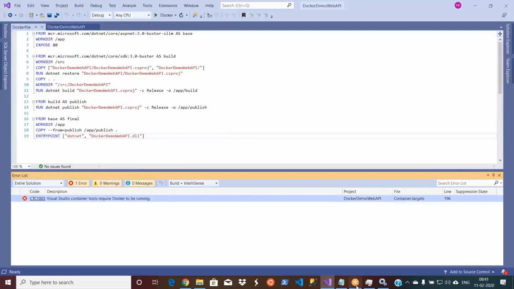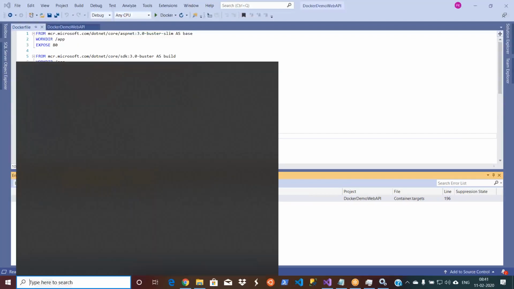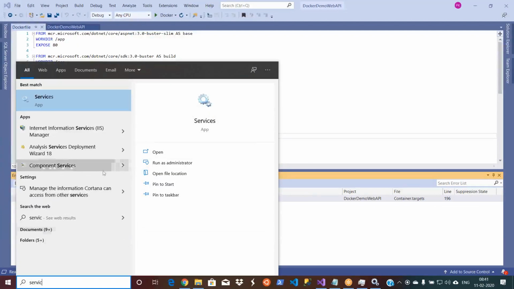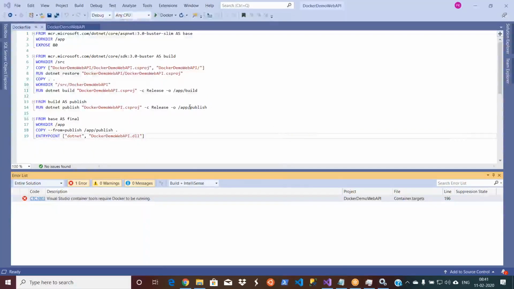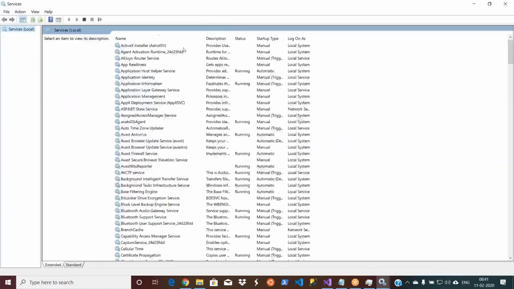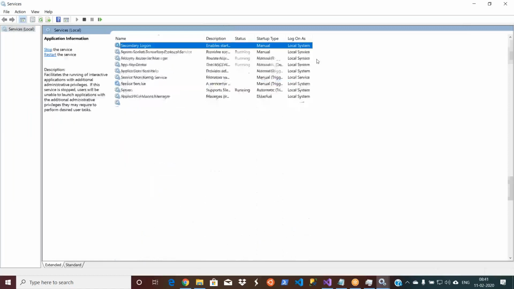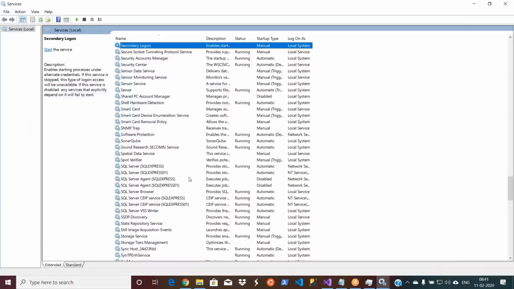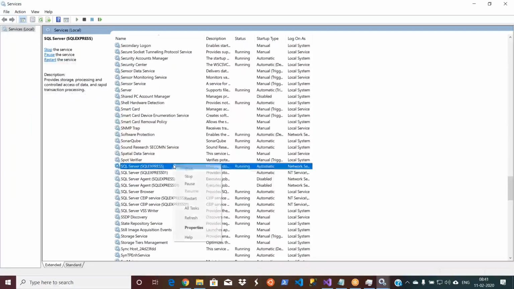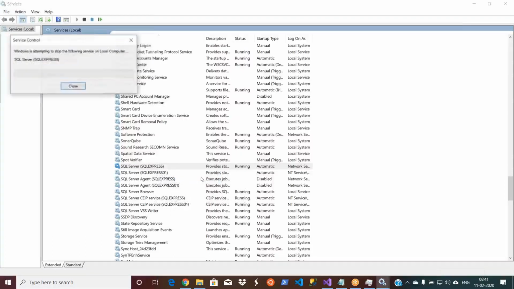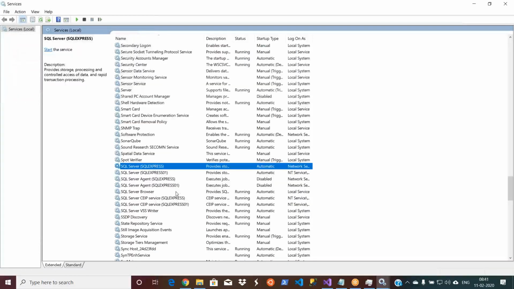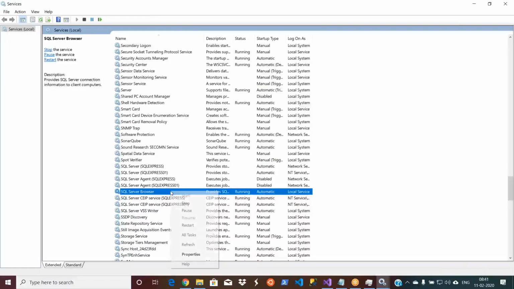Docker to be running. What all I need to close? Let me close. Guys, give me 2 minutes. Let me stop some of the services. I'll stop my SQL Express, then I stop my SQL browser.